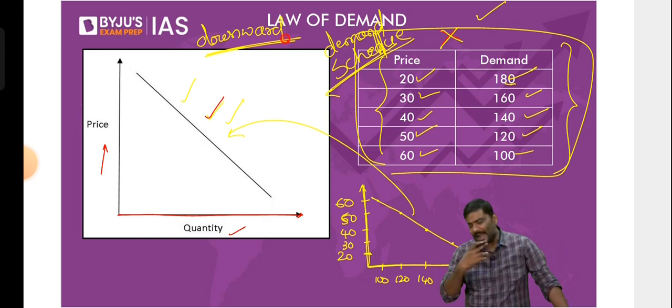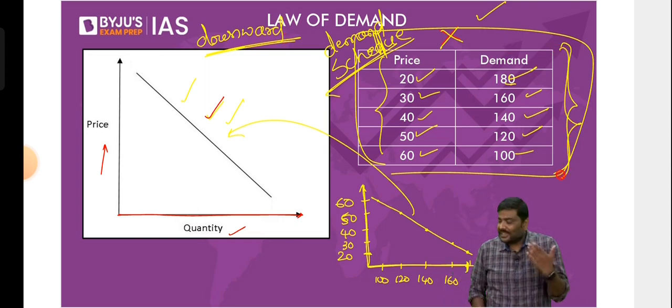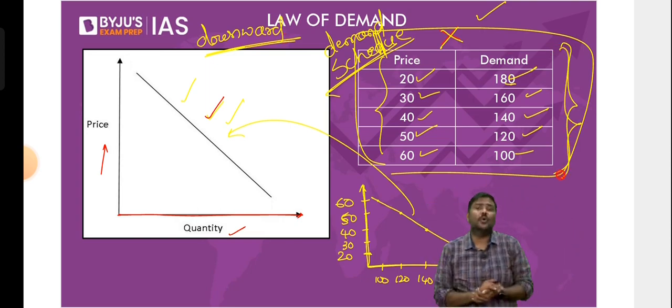So these are important points regarding the demand curve. Beyond that, there is a concept of movement and shift of the curve. We will discuss that later. Give me some time. So this is the law of demand. Now, some of you will ask, sir, why is this kind of behavior observed? Why is it that when prices move upwards, demand goes downwards? Why is that so? The reason is very simple here.